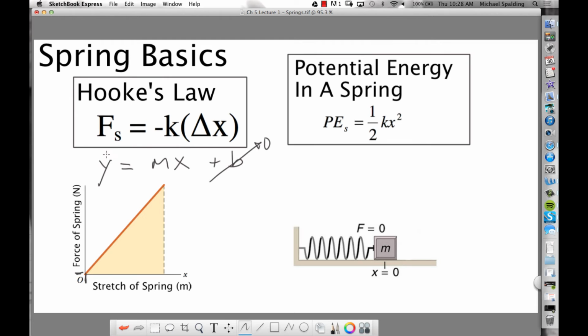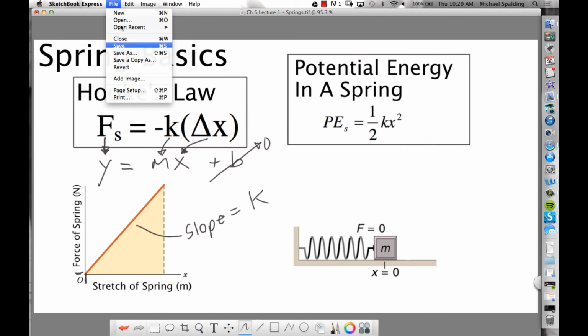Now if you take force of spring and put it on the y, so see right here, force of spring goes on the y. The stretch of the spring, the delta x, that's how far the spring is stretched. That goes on the x-axis, right? So what should the slope be? The slope of this graph is going to be what? The spring constant. So you're taking Hooke's law and making it fit the equation of a straight line. That make sense? Okay, final thing, you need to be able to